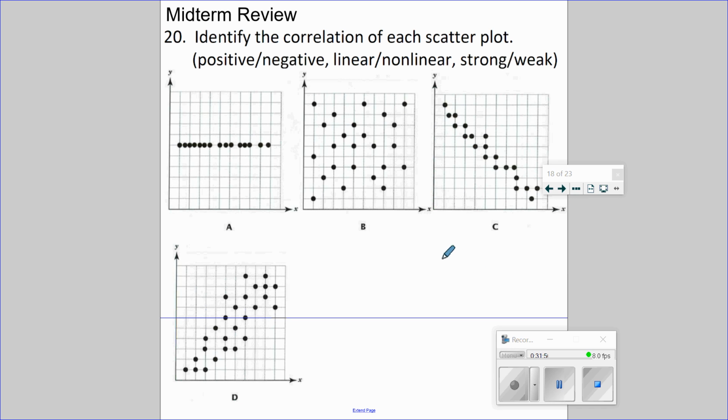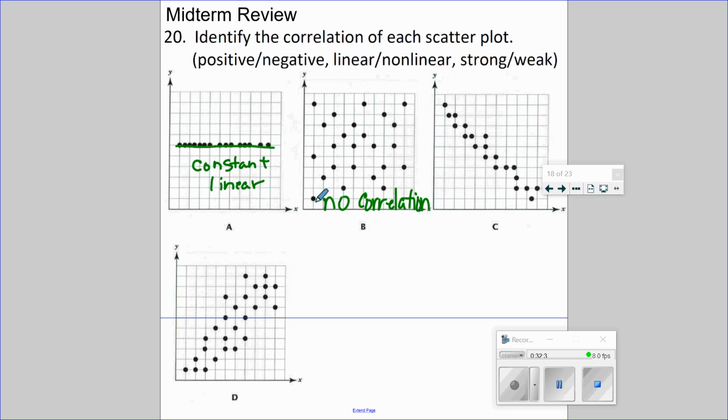Identify the correlation of each scatter plot. Is it positive or negative, linear, nonlinear, strong, weak? Well, this one, if you draw a trend line, it's not going up and down, it's just constant, and it's linear. B, it's scattered all over the place, like in science, gas molecules. There's no correlation here. It's not weak, it's not strong, it's not straight, you can't